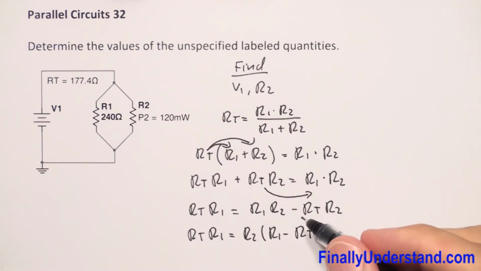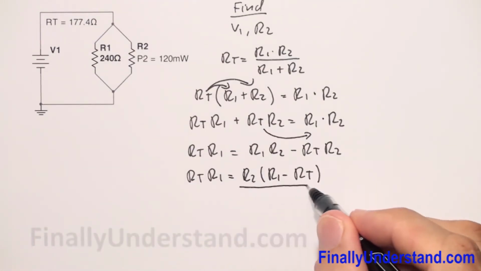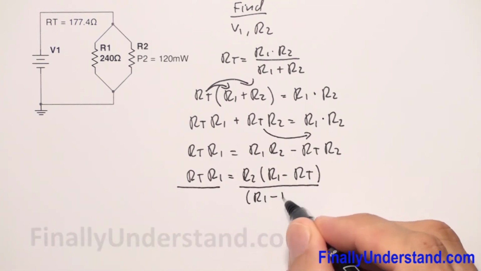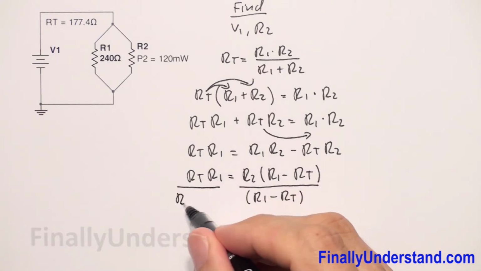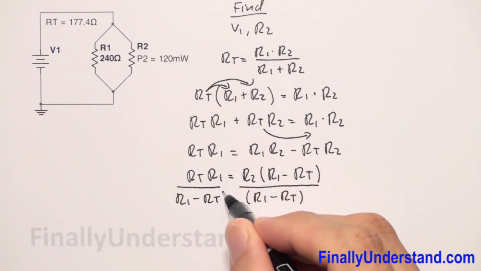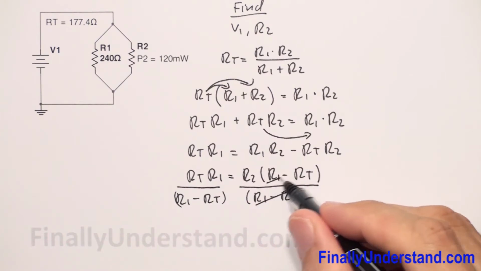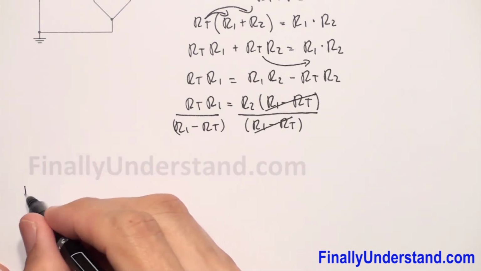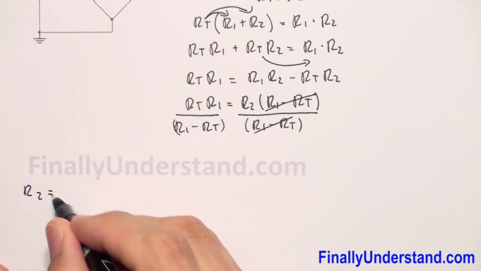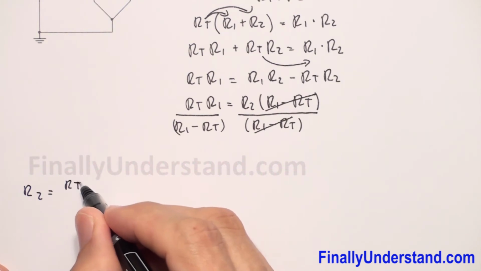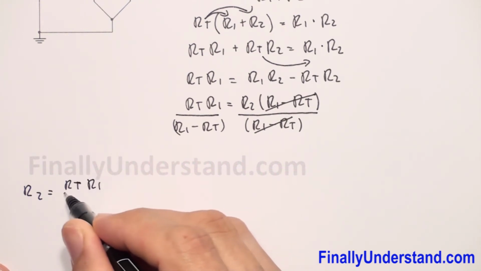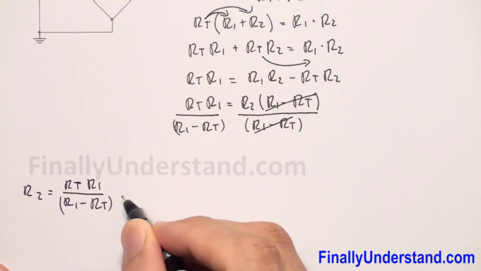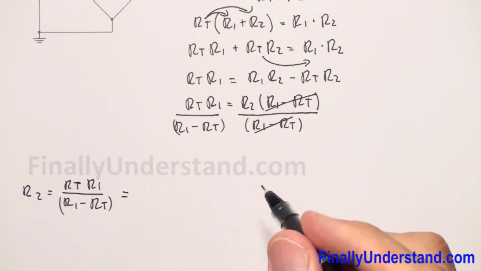In order to find R2, I have to divide both sides of my formula by the content of the parentheses, which is R1 minus RT. So this and this will cancel out, and I'm going to end up with R2 equals RT times R1 over R1 minus RT, where R total is equal